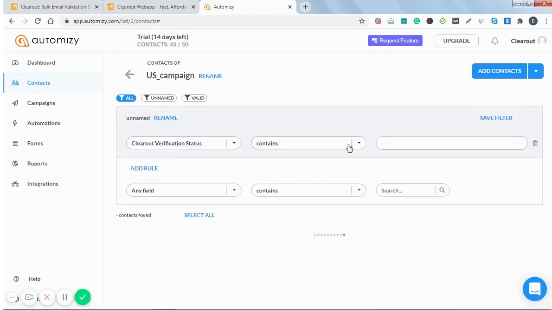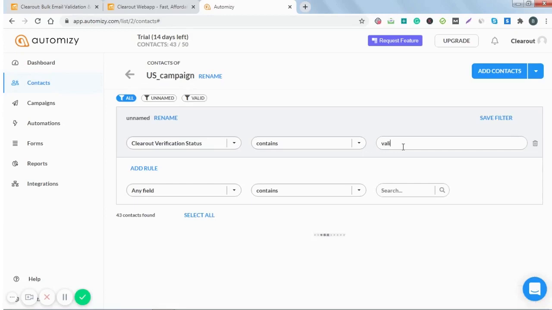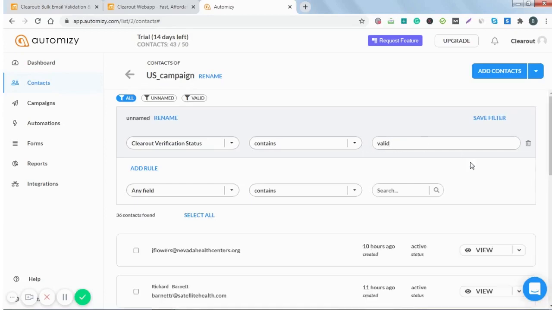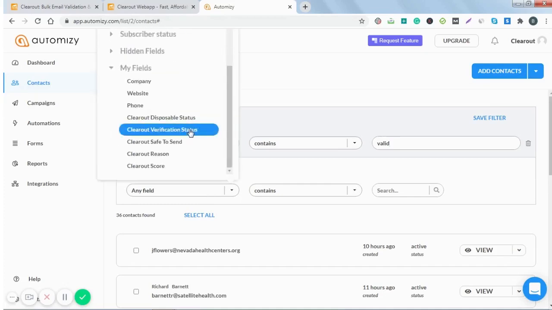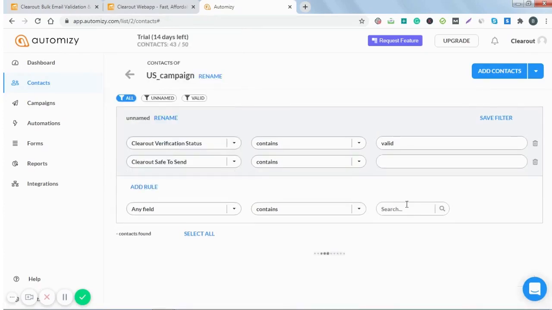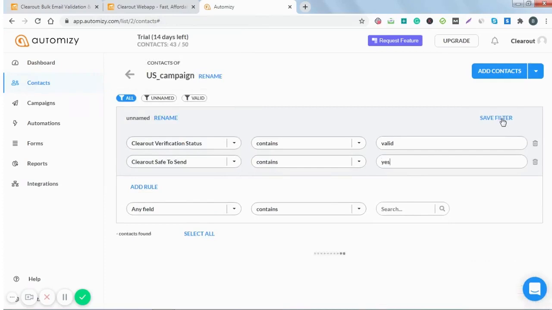I'll filter where the verification status is valid, because I just want to use the valid email addresses. Any further rule I want to add: I want it to be safe to send, it contains yes.